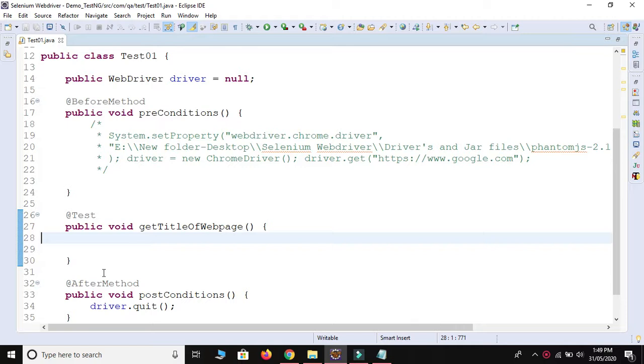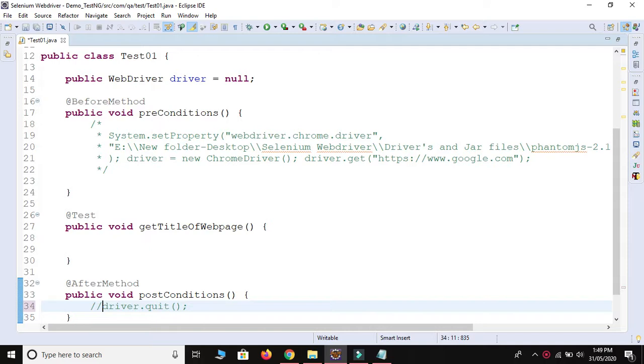So today in this video we are going to learn about how to use assertion. What is assertion first of all? How to use assertion and what are the types of assertion in Selenium. Okay, so the first question is what is assertion? Assertion is used for the verification purpose. And there are two types of assertion. The first one is a hard assertion and the second one is a soft assertion. Okay, I will show you.